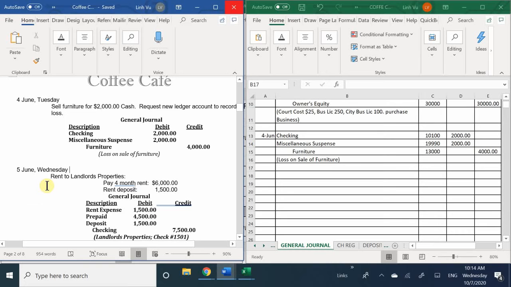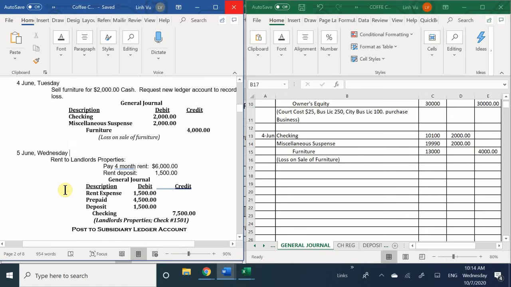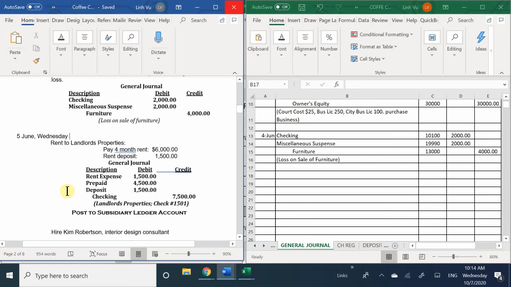The landlord, for your rent. So you pay 4,000. Oh, you pay for the first 4 months plus the rent deposit. Correct. 7,500. Good, good. Now, in this case, we're only paying 3 months in advance because, of course, if we're paying